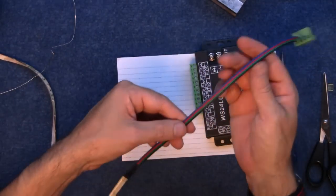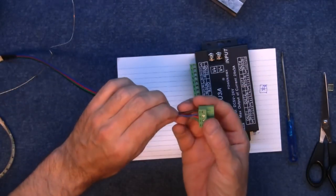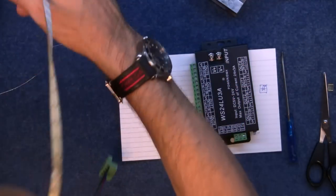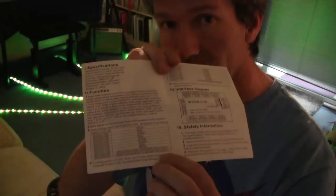Even though the colour on the cable doesn't correspond to what's happening with the LEDs, by the time it's crossed over here, then that should correct what is happening there. So I've just got to make a few more of these and then I can plug the thing in and try it. So according to the user manual, it has a test mode that you can set up on it